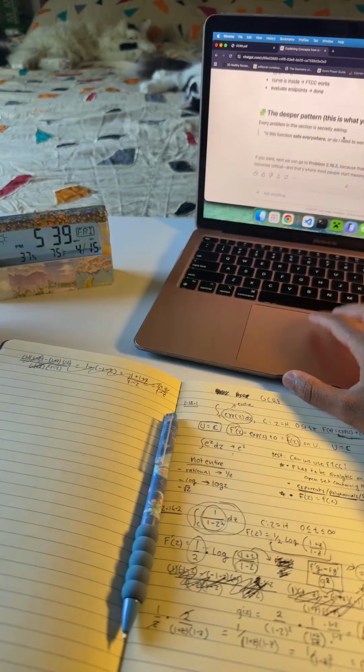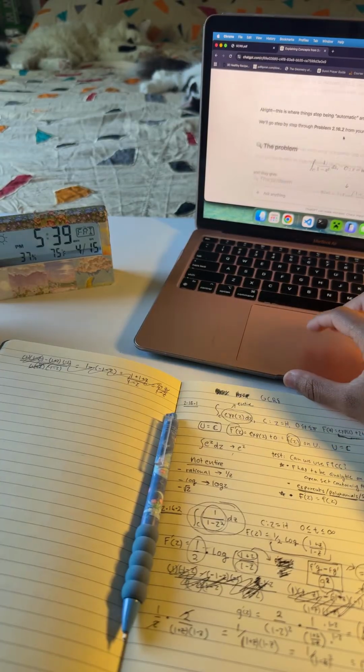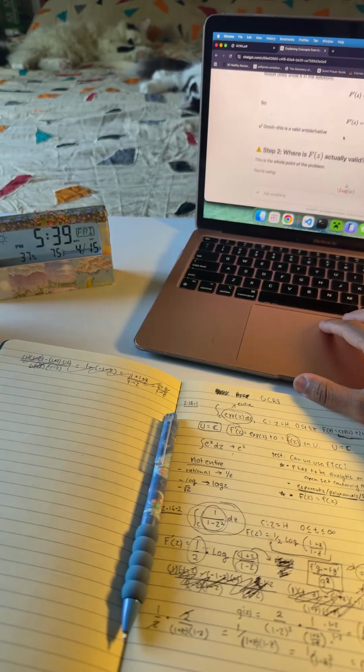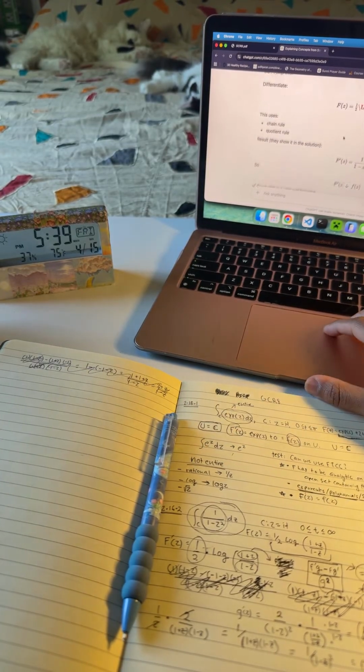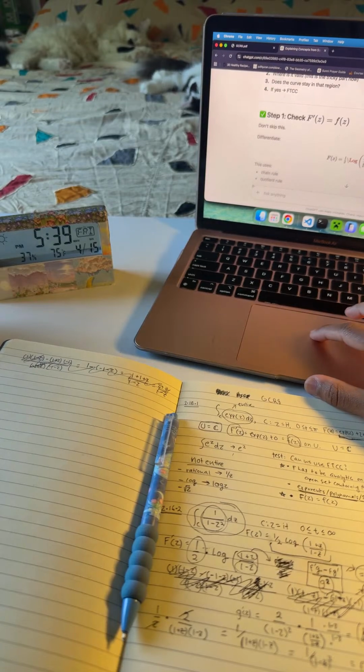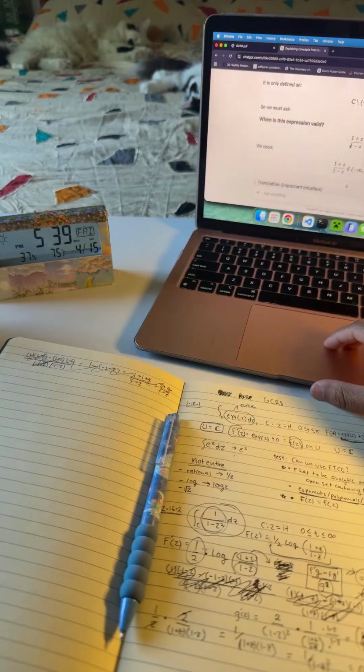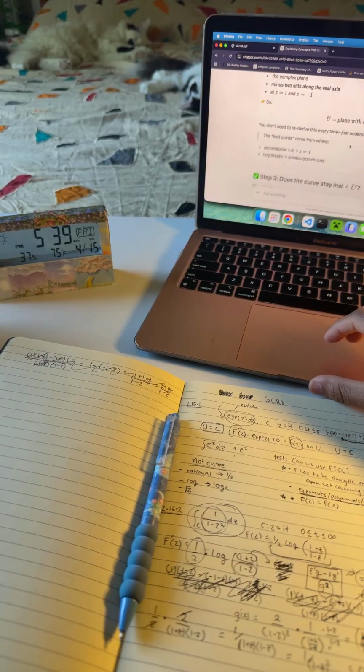So with that being said, all the points are checked: it's analytic on the interval that we have been given, and the derivative of the capital F is equal to the regular f of z. So once these two are checked,